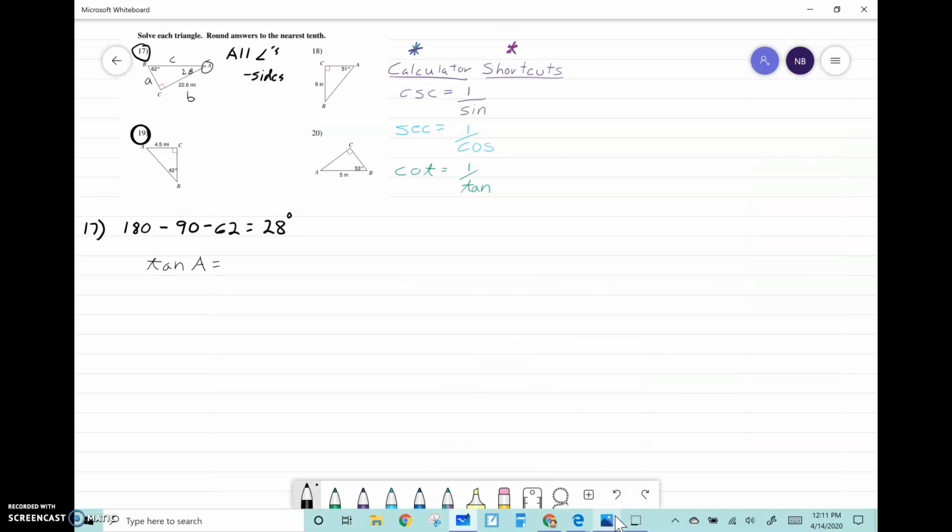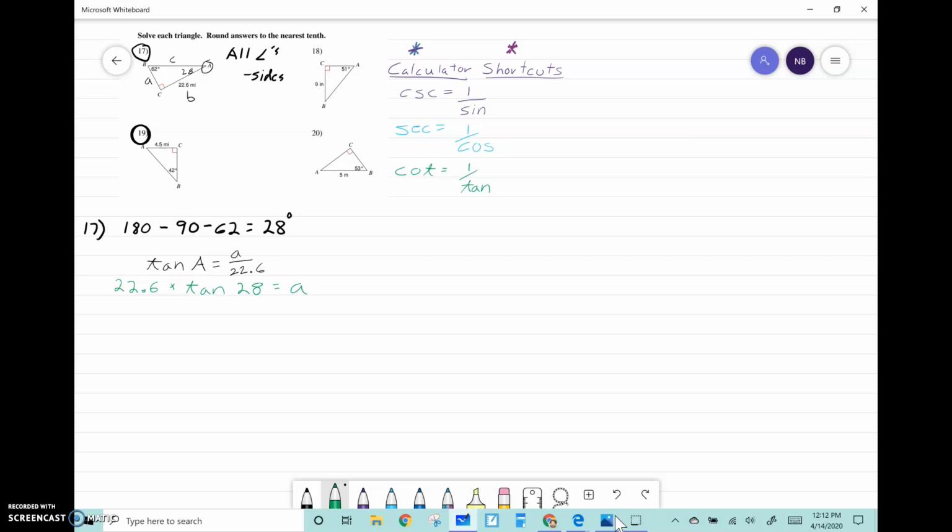I don't know the opposite side yet, so I'll put A for the opposite, and my adjacent side is 22.6. Like we were doing last week, we move 22.6 to the other side by multiplying it on both sides. So I get 22.6 times the tangent of angle A, which is 28 degrees,